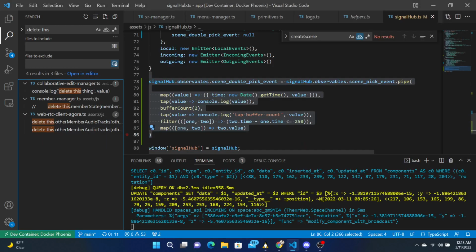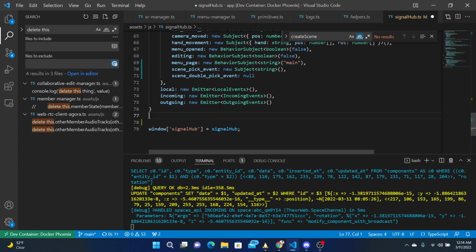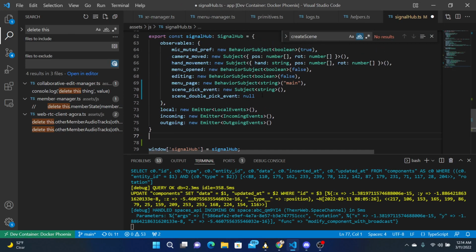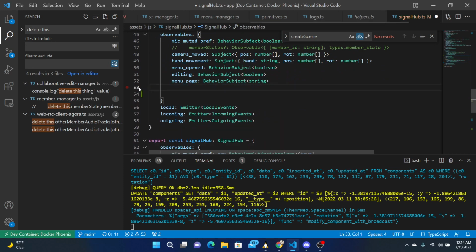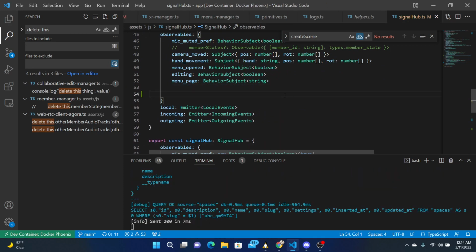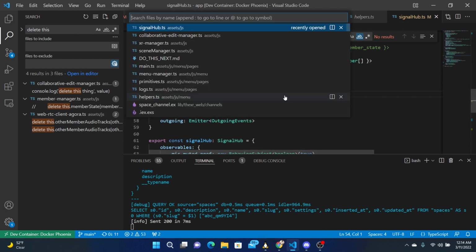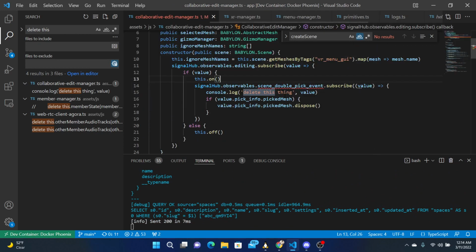So I did some more research, and apparently there's no reason to write our own scene double tap stuff because I found a playground that does that. So let's just remove these two and move these two. And in our collaborative, whoops, if we wanted to listen for